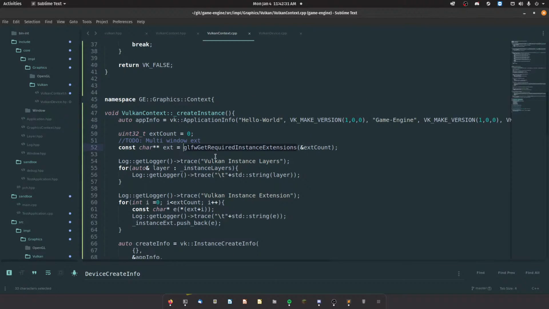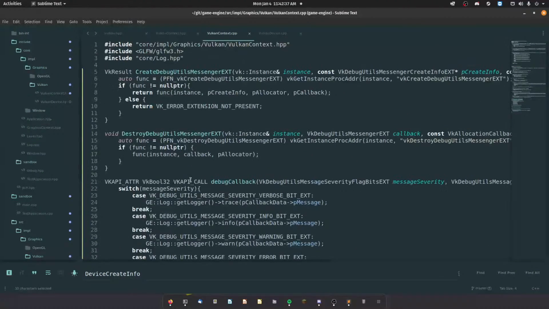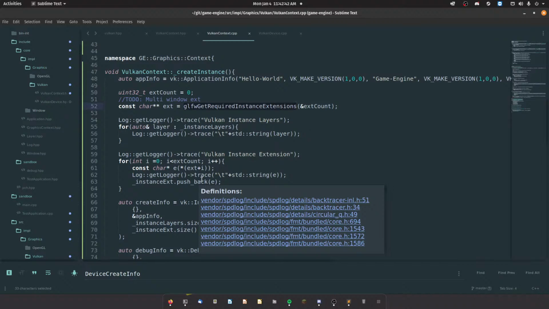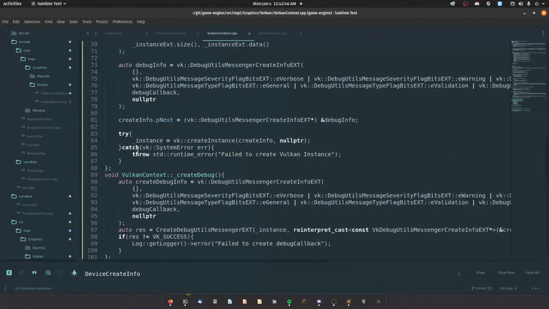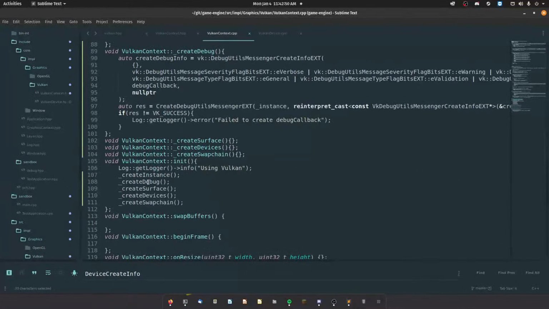The only thing our context heavily depends on is GLFW. We would like to abstract that out to be any window, honestly, but I'm lazy and I just want to get this done. So what I'm gonna do for the create surface function here,